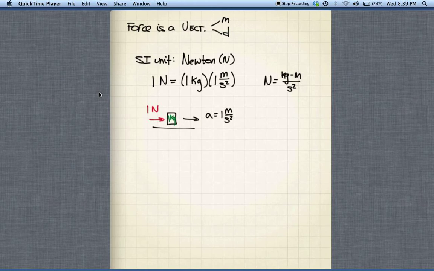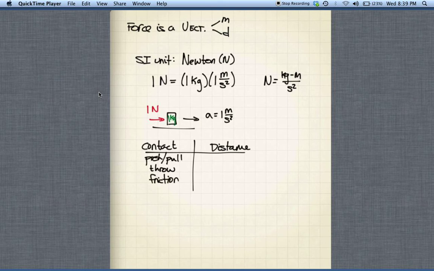One last note about forces is that there are 2 types of forces. There are contact forces and there are distance forces. Now, contact forces are just what you think they are. It's if you ever push or pull on something, or you throw it, or say friction, all are contact forces. What this means is that 2 objects need to be touching in order to